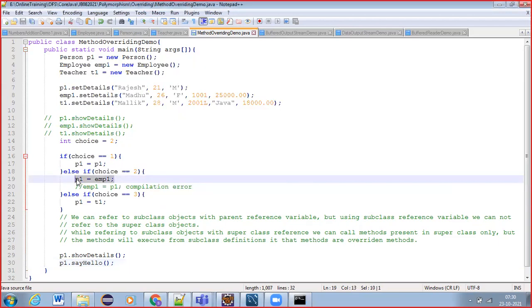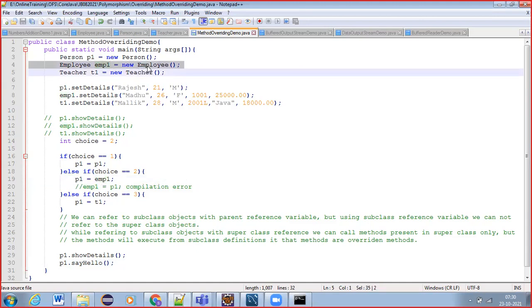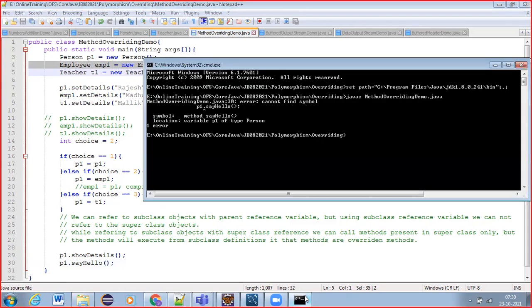Under emp1 we have new employee, so an employee object is there, and that is permitted. But even though the original object is an employee object, you cannot call the employee object methods when the reference variable is a parent reference variable.